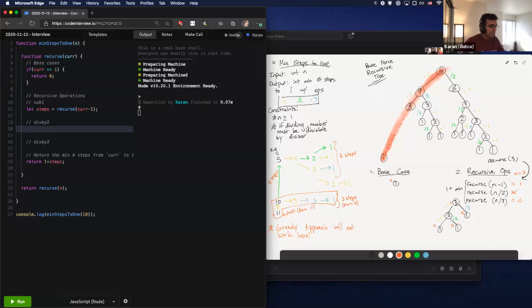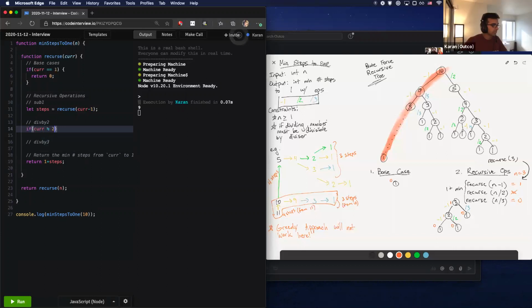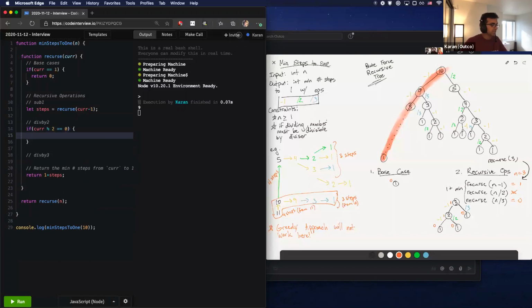Okay, so let's go ahead and do the divide by 2 and divide by 3. What do I need to do here before I attempt to recurse for both of those? That's if it's divisible by 2, by doing a modulus or something. Right. Okay, so equals 0. Right. So if it is divisible by 2,